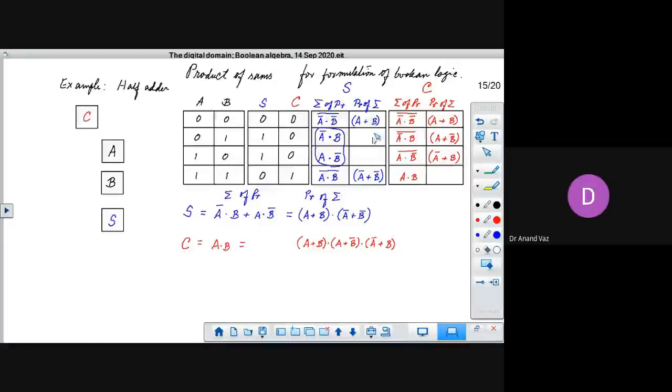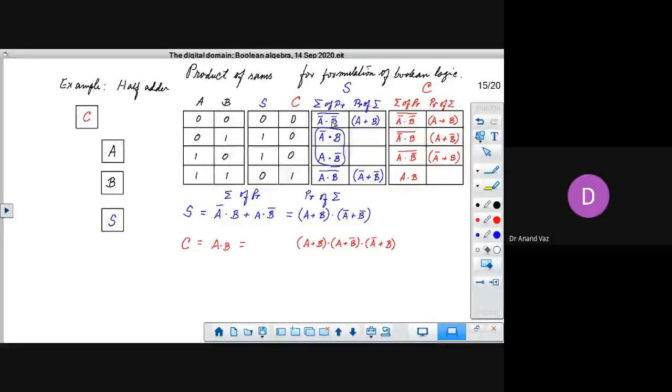Whereas when we are doing product of sums, we look at the zeros. The logic is based on these zeros. Got it? So you try to find out what are the products that will give you a 0. The product that will give you a 0 is this one here and this one here.